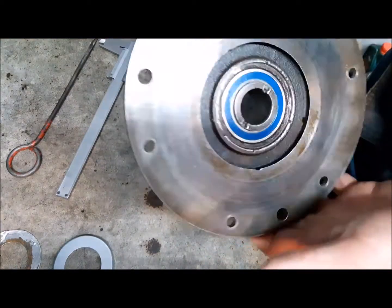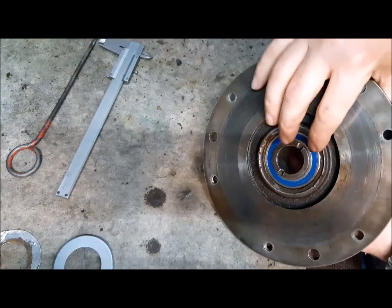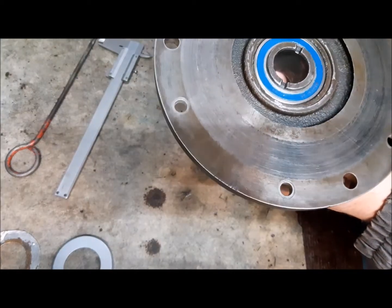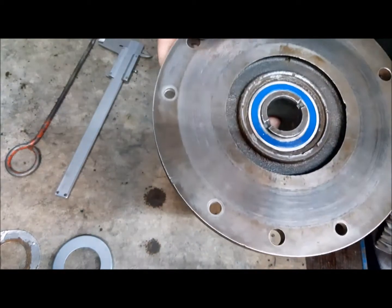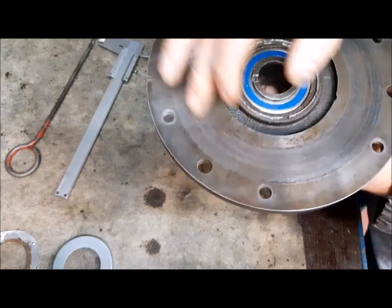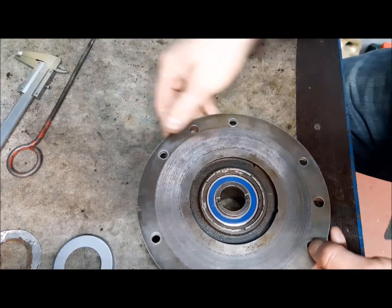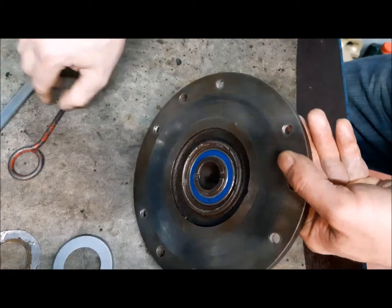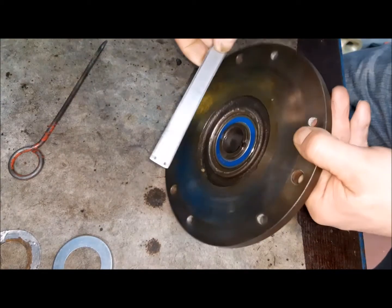I want to show you something. I was intrigued by the lubrication system for the clutch bearing, and I was thinking, when you lubricate the bearing, in the case that you don't have these rubber sealings, how can you protect the clutch disc and the plate disc in order not to have grease on the parts, which are friction parts, and you don't need to have grease on these parts. So I have seen, let me put a light. I have seen that